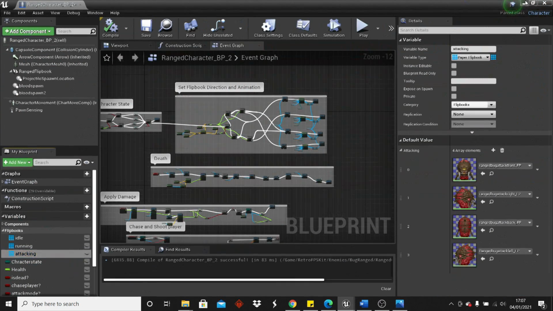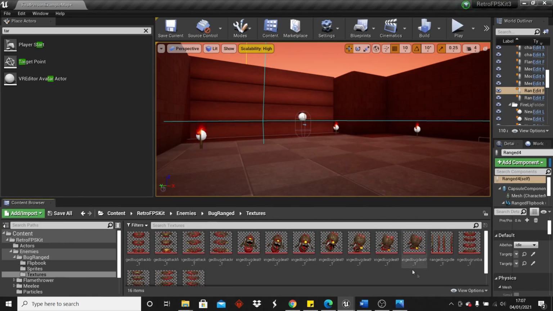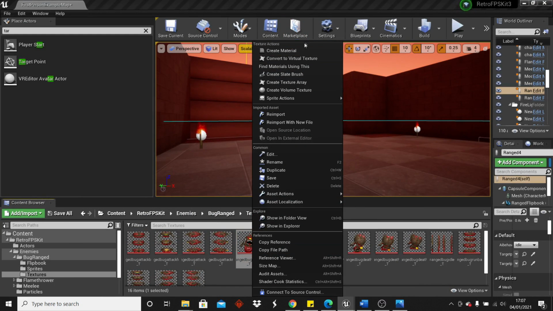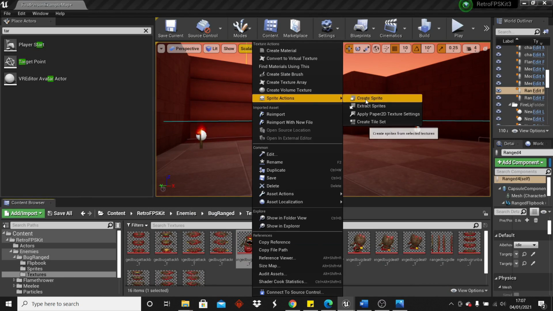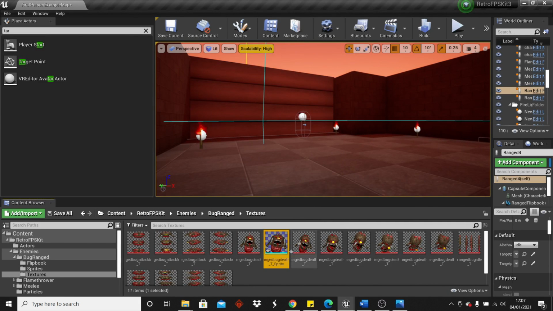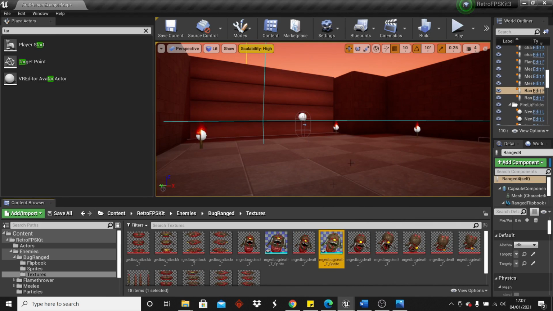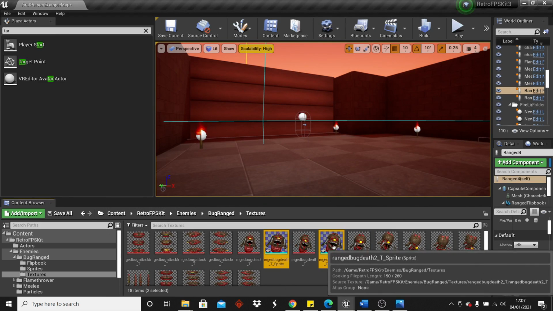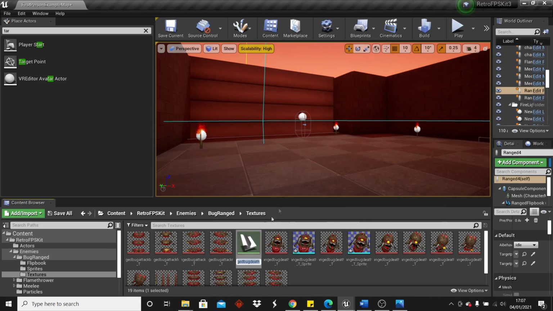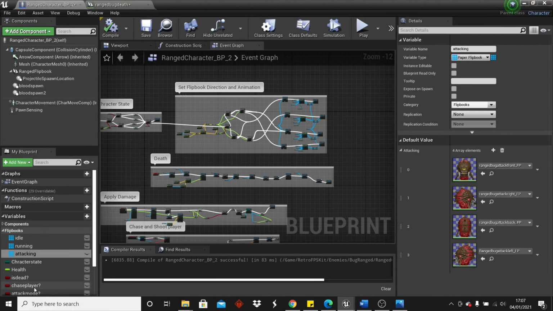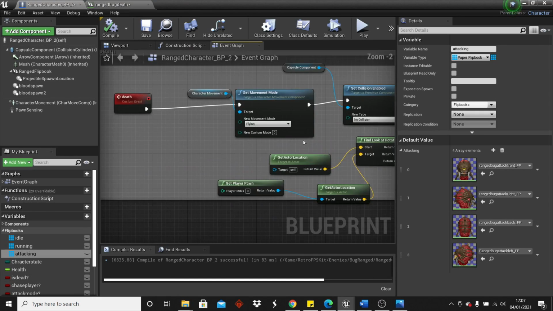And then once I have that, I basically imported it as a texture. Once it's a texture, you can right click on them, choose sprite actions, create a sprite. And then from these sprites, for example this one, I can do sprite actions, create a sprite. Then with them selected, you can right click, create a flipbook, and this can be like a death sprite for the bug. So for example, that would be a sprite for the death, so I didn't show that. So when they die,